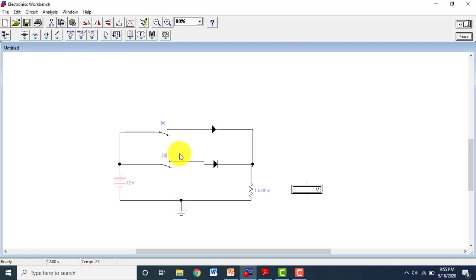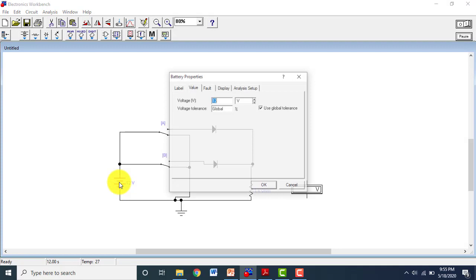So I will connect here. I will drag it to the right side so that it can separate from the second switch, so it can also be attached here. In this way, whenever it is connected to this end of the switch, it will be connected to the logic low, meaning the negative side of the battery, and whenever it is connected to this side, it will be connected to the positive terminal of the battery.